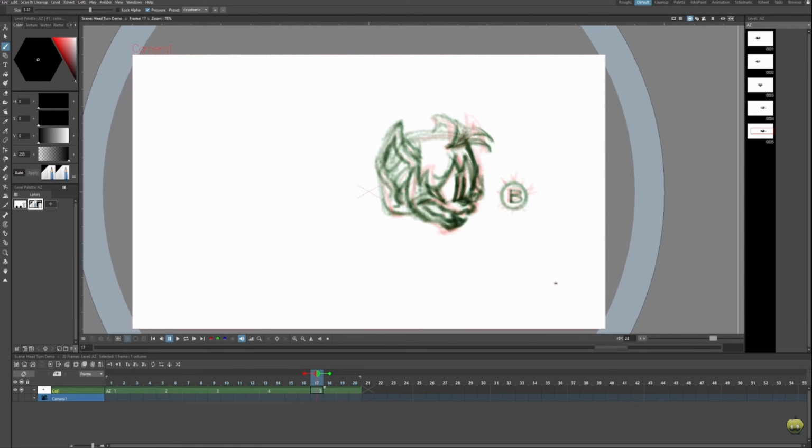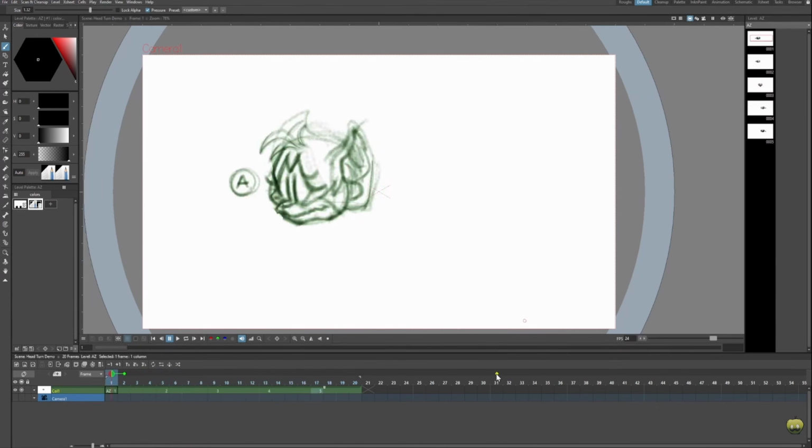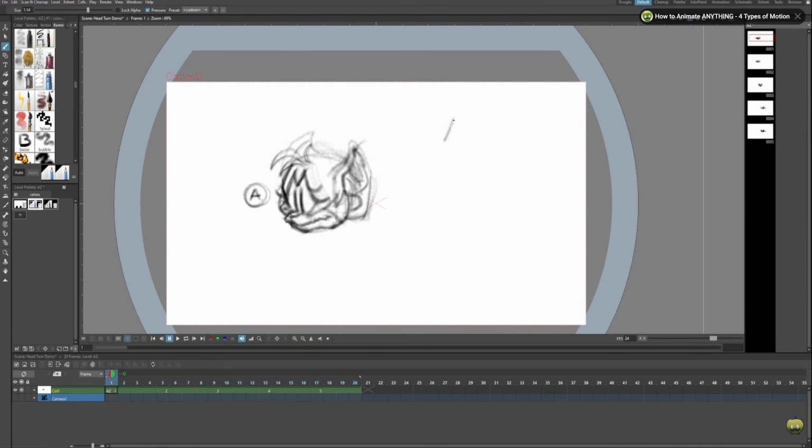Now we're going to move on to making our timing chart. For our timing chart, we want to be mindful that we're going to be animating on 2s, meaning each of these drawings is going to be exposed for 2 frames, or it'll last 2 frames. If you don't know about ease in and out or the different types of motion, click the video in the card. So we have A, keyframe down to the A,